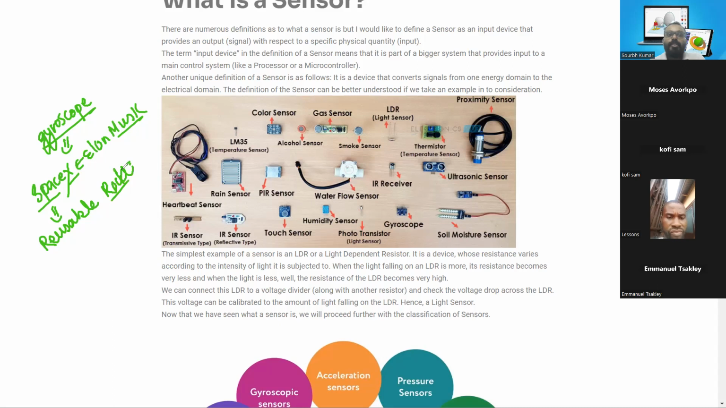So why did the reusable rocketry term come into existence? Because their rocket is able to land back on the surface of Earth, and we can reuse that rocket to launch another satellite. Those rocketry systems utilize a gyroscope plus accelerometer to decide the exact location of the rocket coming back to planet Earth, as well as its orientation